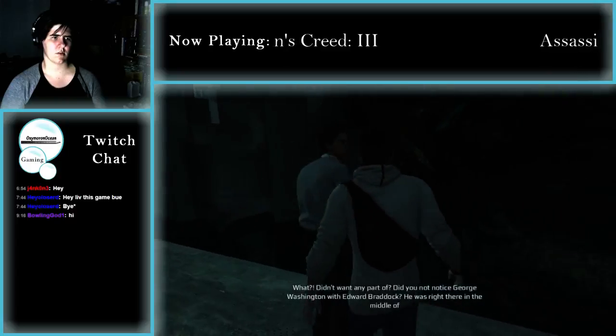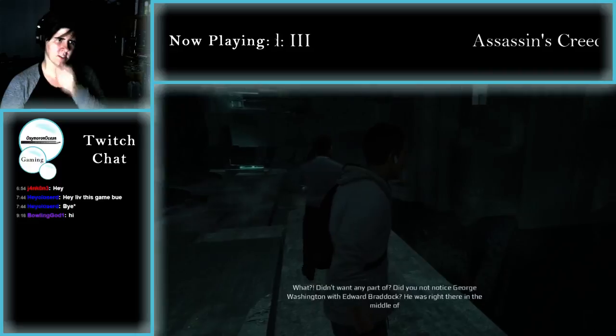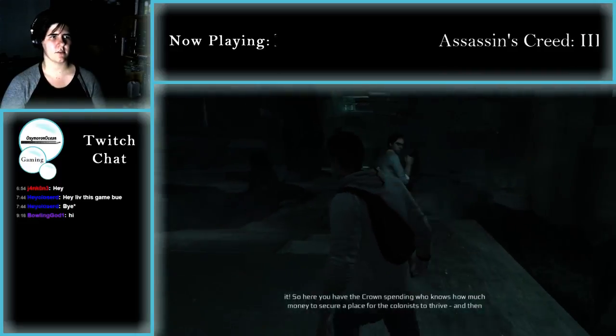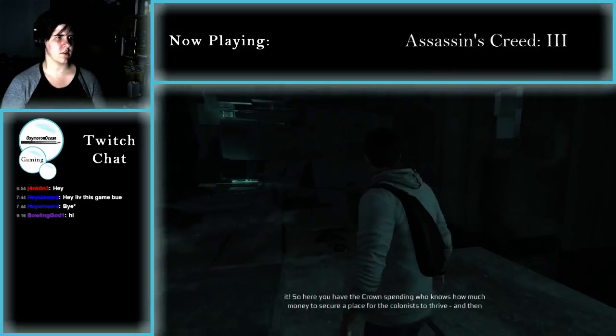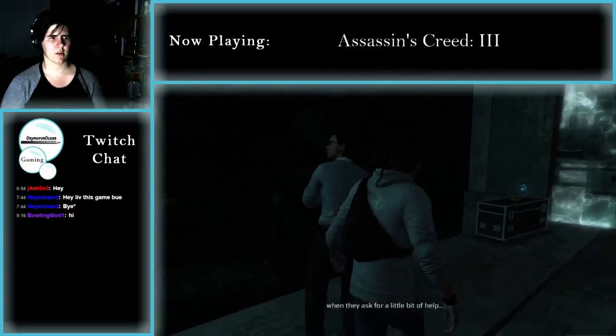What? Didn't want any part of? Did you not notice George Washington with Edward Braddock? He was right there in the middle of it. So here you have the Crown spending who knows how much money to secure a place for the colonists to thrive, and then, when they ask for a little bit of help...